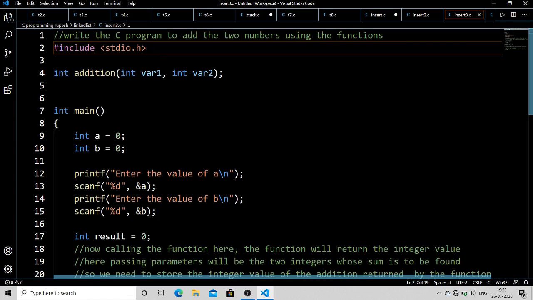Now in this video we are going to have one exercise problem. This exercise problem is totally based on the previous tutorial, as we have discussed and introduced ourselves to functions in the previous tutorial. So we will be using all those concepts that we have learned in the previous video to solve this problem.